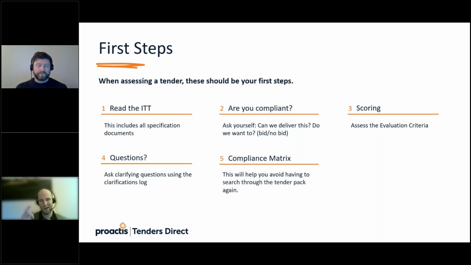So actually understanding, based on the questions and the scoring, how much of a task is it to complete this versus how long we've got left versus how much available resource versus what people are already committed to do. Does that fit in terms of the process of completing this submission? So it's just another layer to consider for your go no go. Everything could be perfect about the opportunity, but if it's 2 days out and it's going to take 500 man hours to complete it, you need to consider that in your decision to pursue.